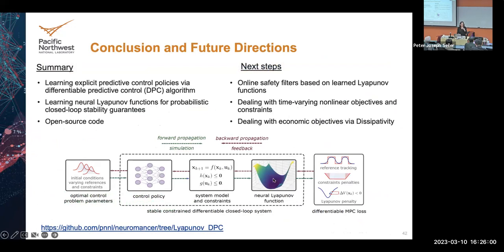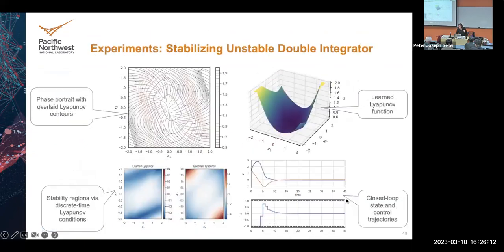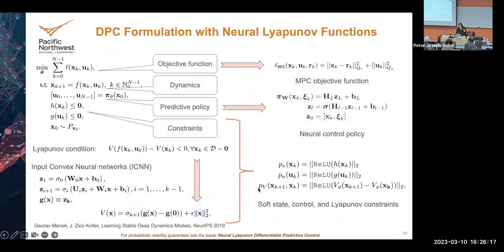And this neural representation of the Lyapunov function gets the states from the system model, and it provides its evaluation to this loss function. So let me see if we have a complete one here. Actually here. So we added this element in the loss function. So we trained the parameters of the neural representation of the Lyapunov function to ensure that this constraint is satisfied. So basically we added more soft constraints in the loss.